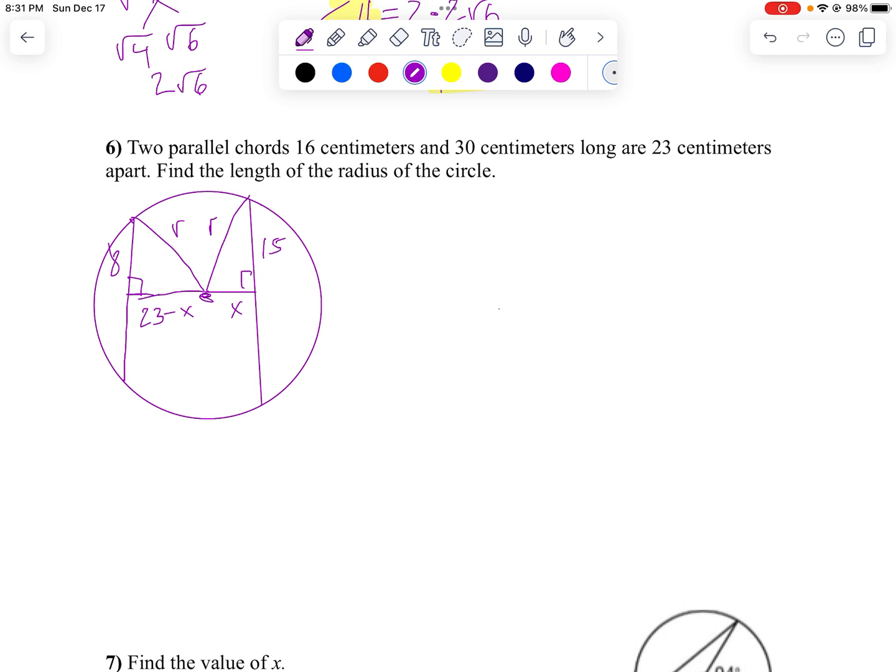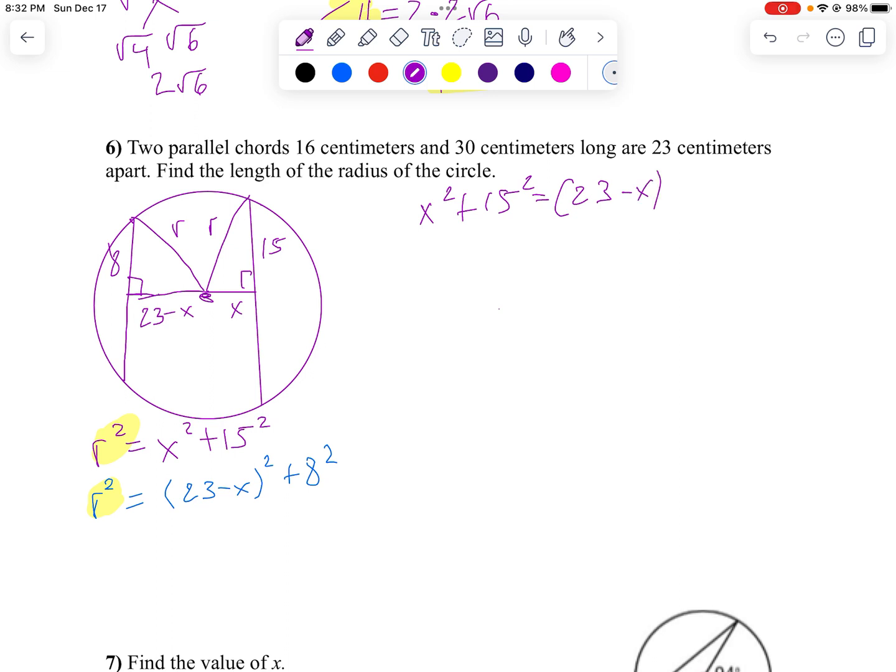So what I have here is 2 triangles. I can say r squared equals x squared plus 15 squared. My other one is going to be r squared equals 23 minus x, squared, plus 8 squared. Well, since I know my 2 r squareds are the same, I can set these two equal to each other. So I'm going to say x squared plus 15 squared equals 23 minus x squared